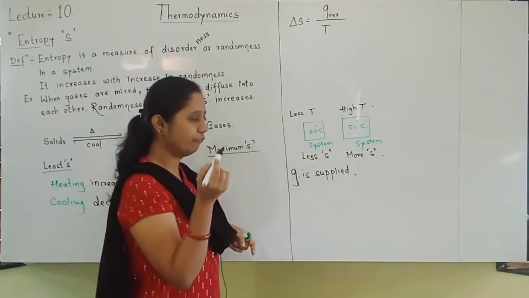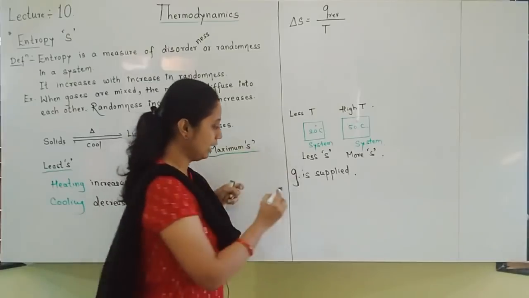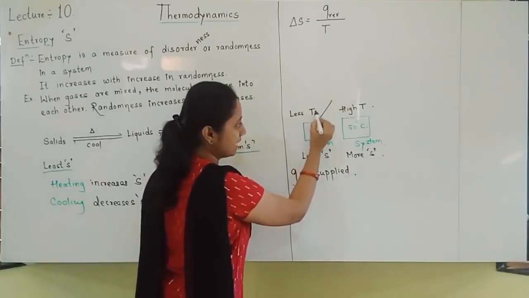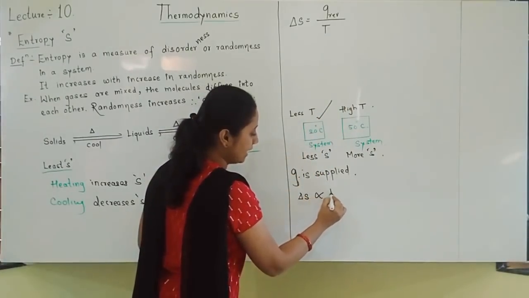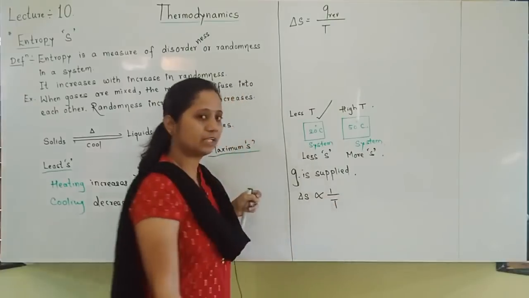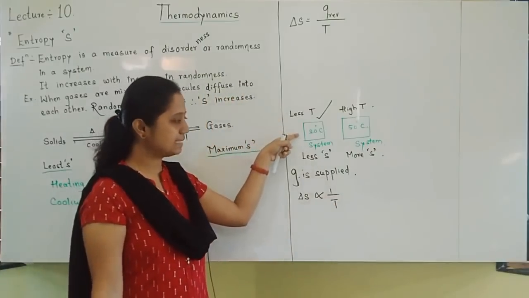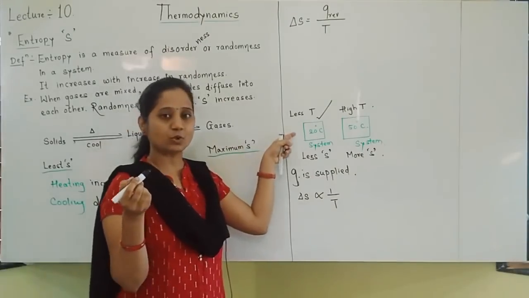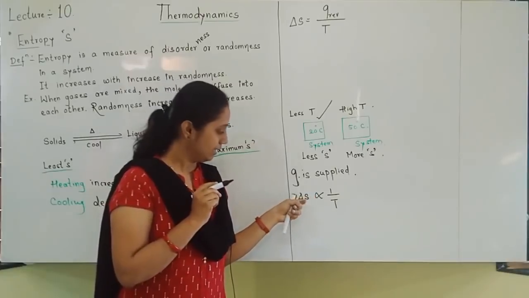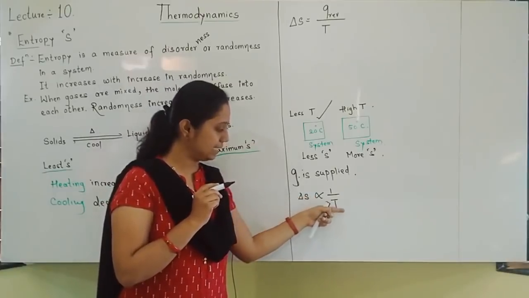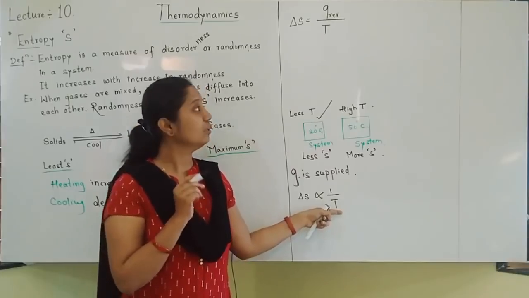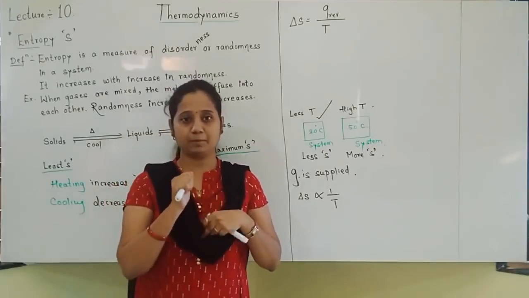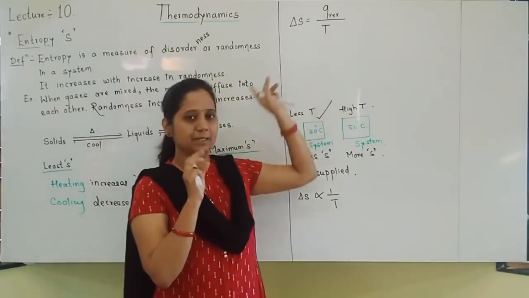Okay. So we can conclude that change in entropy delta S is more in this case, that is at less temperature. So delta S is inversely proportional to temperature. Less the temperature, more is the entropy change. So the conclusion is change in entropy is inversely proportional to temperature. So our formula is like this. I hope you understood the point correctly. So directly remember the formula.